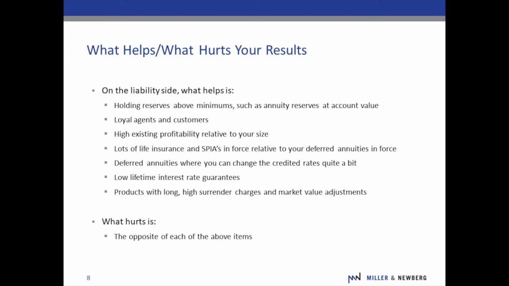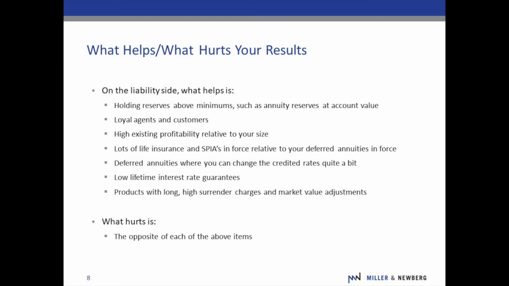What are the lifetime interest rate guarantees on your annuities? It helps to have low lifetime interest rate guarantees, so in a low interest rate environment, you still have the ability to earn sufficient investment income to fund your liabilities, even if they're at their lifetime minimum interest rate guarantee. Lots of companies have blocks of annuities with 4%, 3% lifetime guarantees. That may not have seemed all that problematic when those annuities were first being written. But we've definitely seen, over the last decade or so, that lots of companies had trouble earning a sufficient rate of return to fund those annuities at those guaranteed interest rates.